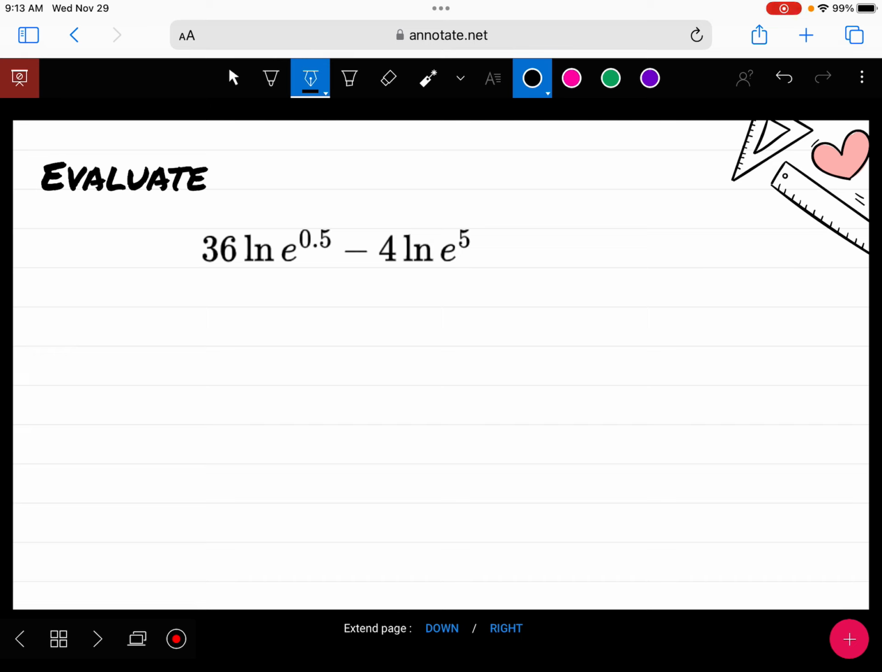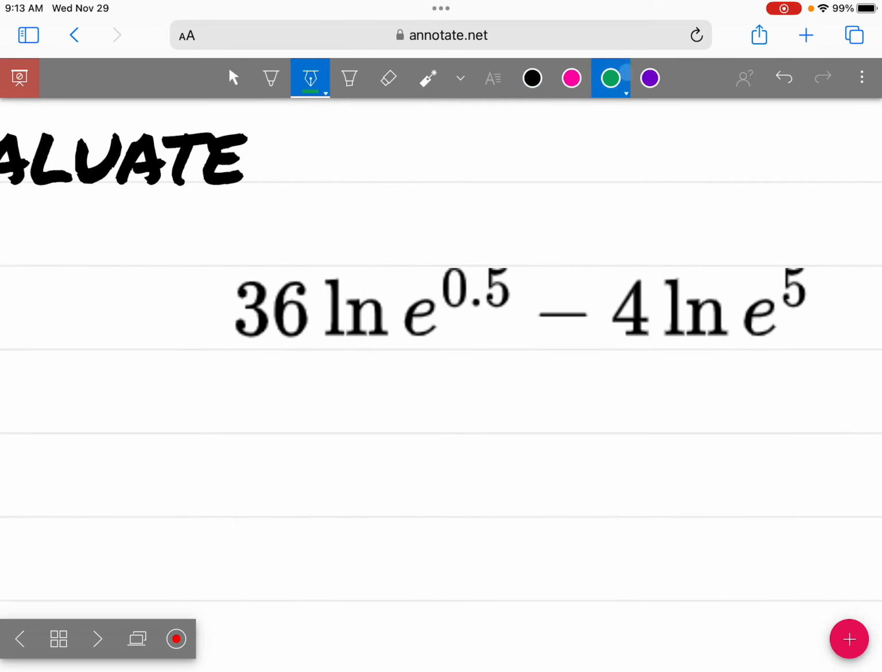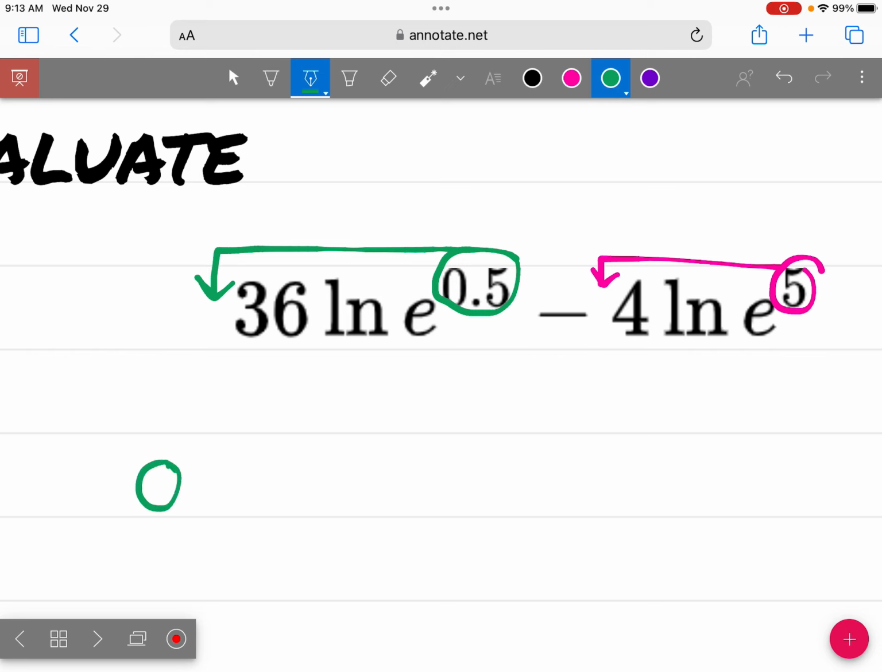Yeah, the natural log of e, we can deal with that. You can also use our properties for this. I can take this exponent and bring it down in front, so that we have 0.5 times 36 ln of e